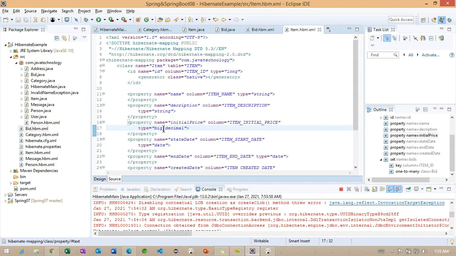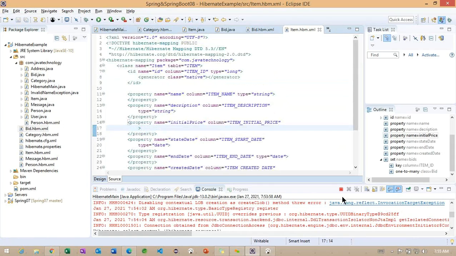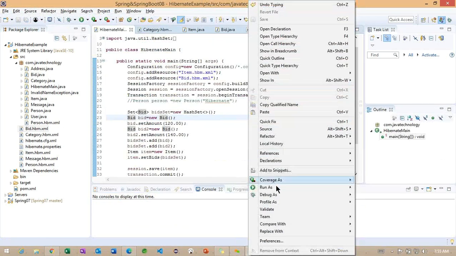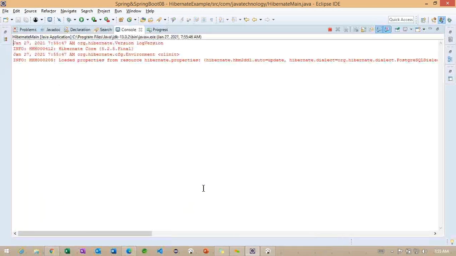Name string, BigDecimal, I think this, or else we can change the type. So we'll check here, I guess only these two. Okay, go back to here. Let me run one more time.